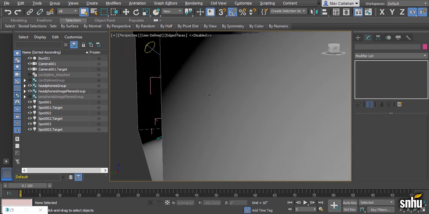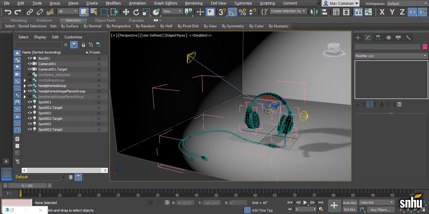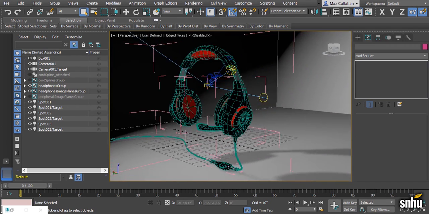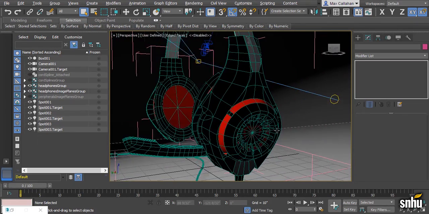Now I've created a 3-point lighting scheme around my model. You will learn about 3-point lighting and lighting in general in Module 6. But in order to see the effects of the normal maps and the specular maps in particular, there has to be light in the scene. So I've set up these lights, but don't worry, you're not expected to know these for the Module 5 assignments. This is something you'll learn about in Module 6. But in order to demonstrate how the maps appear when applied to the model and rendered, I needed to set up some lights. So you'll be able to see that when I render my model,